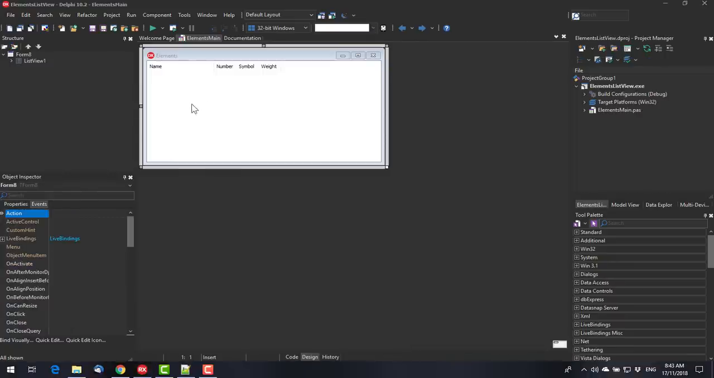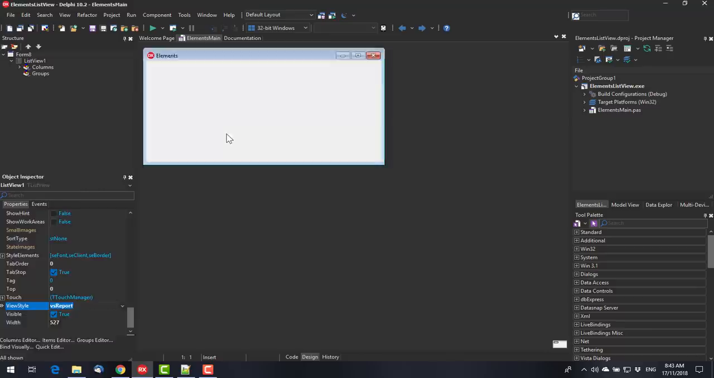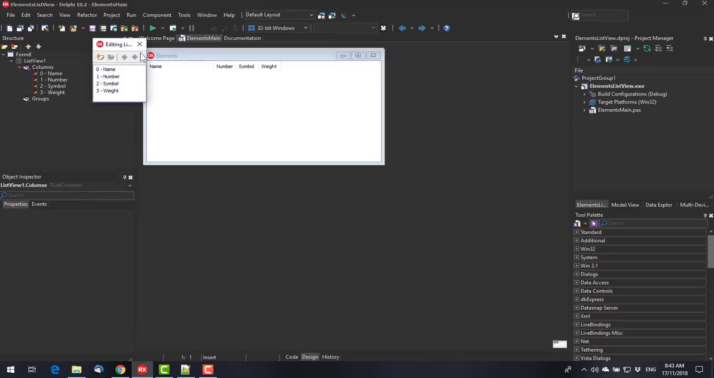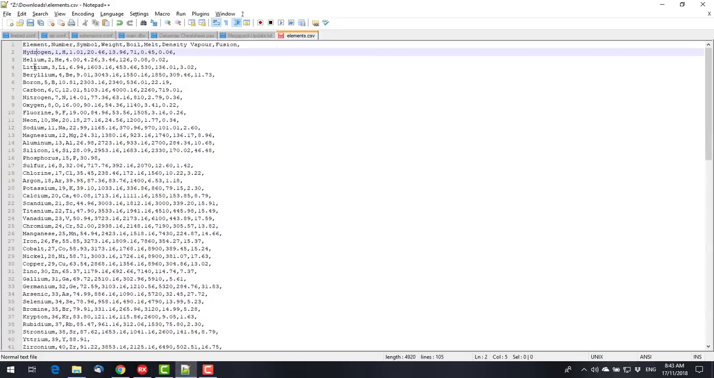So I have here a very simple application. It is basically just a list view, and I've set the view style to report, and I've created a number of columns. And this is going to be a list of elements. And here I have our list. Now, it's basically a CSV file. There is actually some data missing, but we're only concerned with the first 4 items,